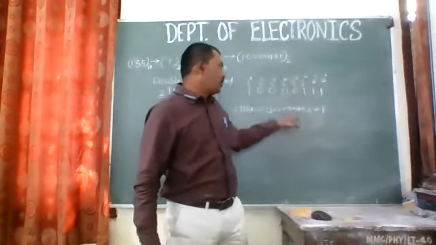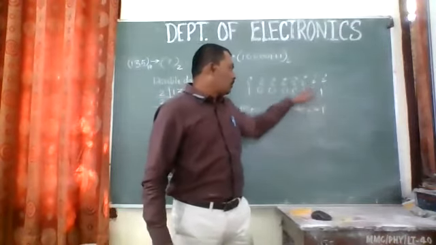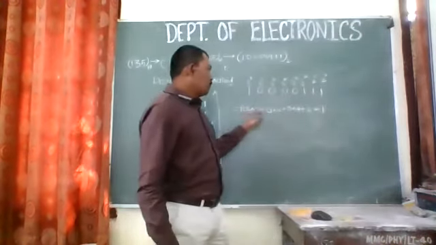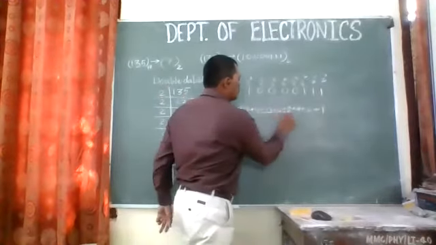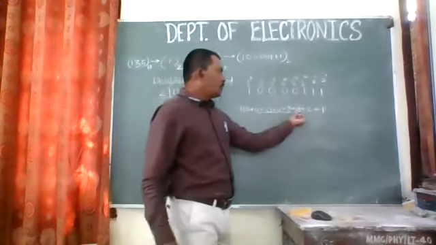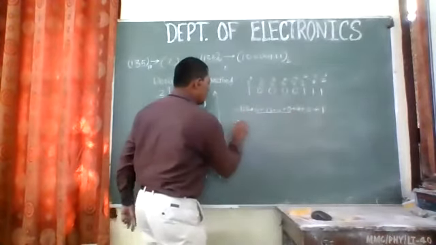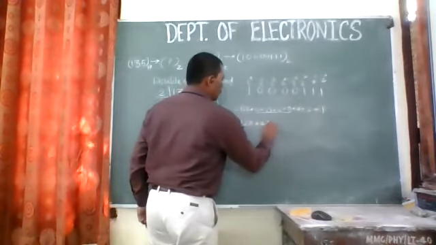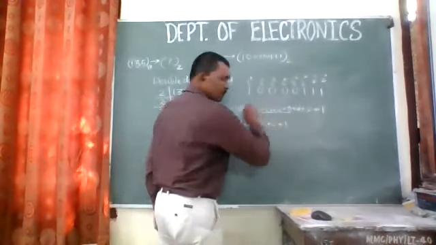And here we have written 2 raised to power 2, that is 4, 2 raised to power 1 is 2, and 2 raised to power 0 is 1. Right? So I'm putting those over there. So these all are zeros. We just need to add 128 plus 4 plus 2 plus 1. So it is 128 plus 4 plus 2 plus 1.